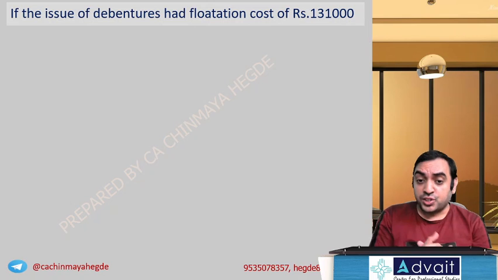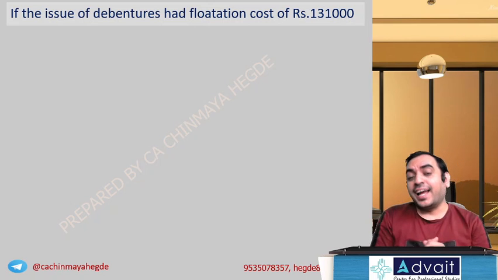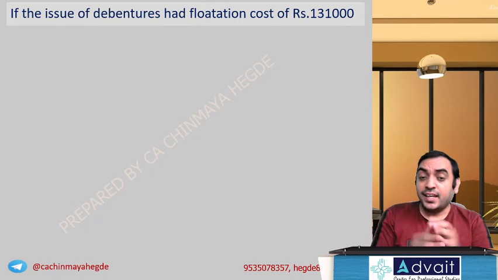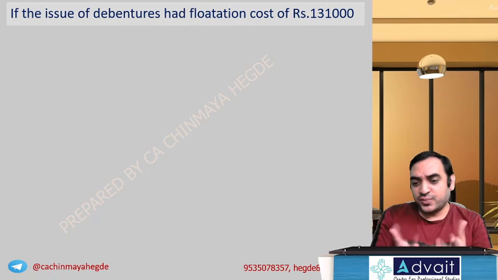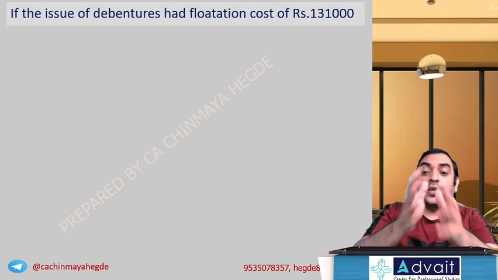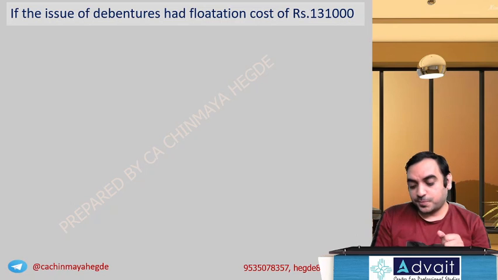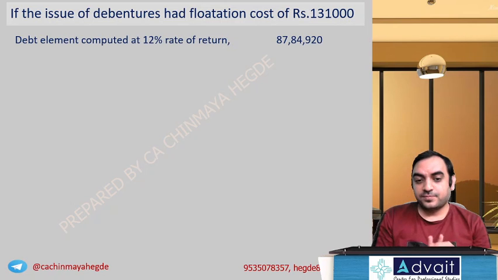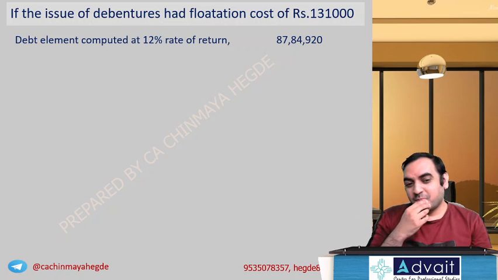If the issue of debenture had a flotation cost of 1,31,000, please write down the heading. It's a situation, it's a scenario based we're discussing. If the issue of debenture had a flotation cost of 1,31,000, then